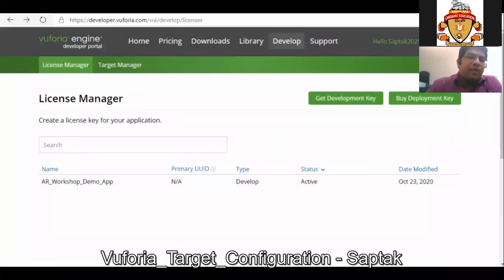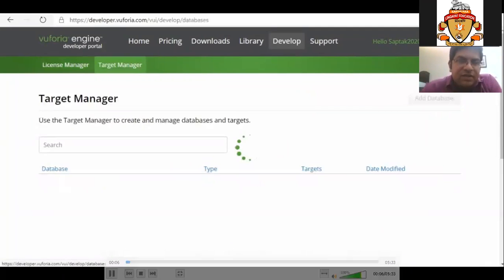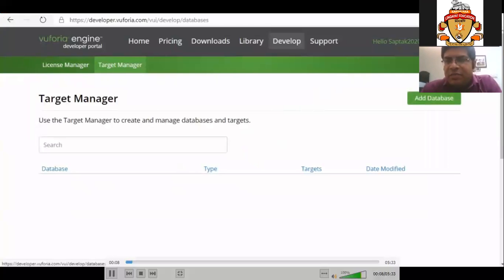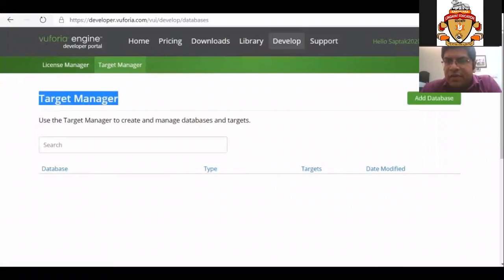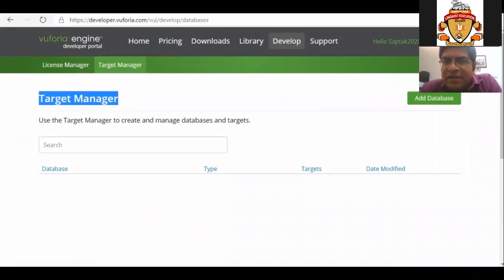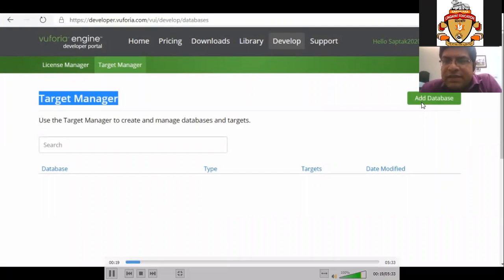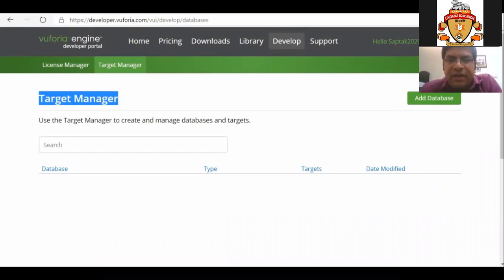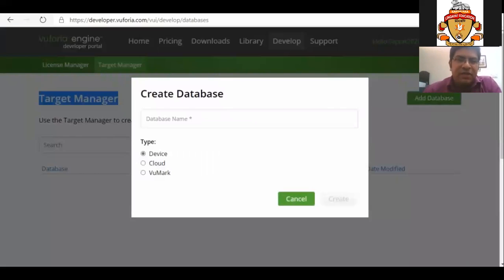After creating the license, we have to click on this target manager and the target manager portion will open. In the target manager, we have to click on this add database.